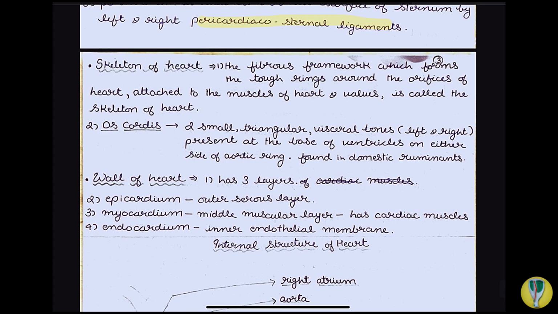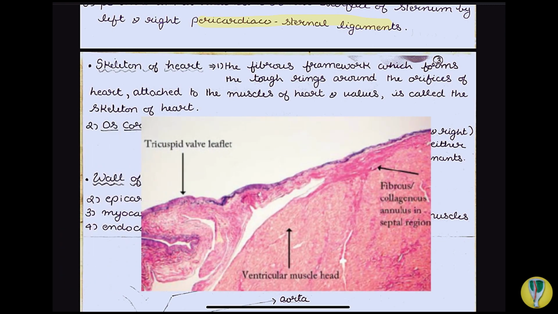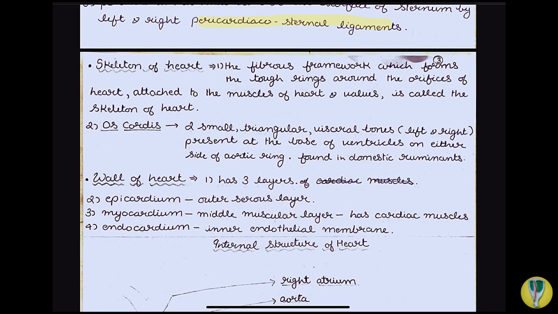Then we'll come to the skeleton of the heart. So there's a fibrous framework which forms the tough ring around the orifices of the heart. And this is called the skeleton of the heart, or we can say fibrous skeleton of the heart. There's also another name called annuli fibrosi. So in the heart there are a lot of orifices. Opening for the vena cava, opening for the aorta, opening for the pulmonary vein and pulmonary artery. And these openings, they're basically supported by fibrocartilage, and this fibrocartilage is called annuli fibrosi, or we can say the